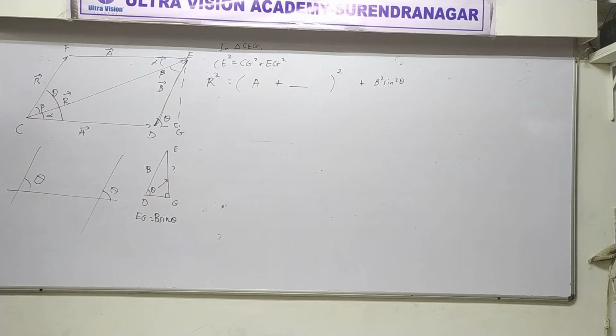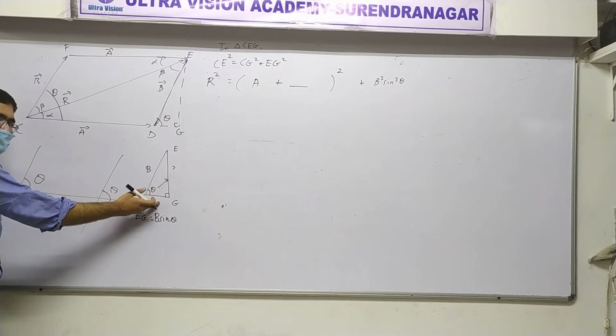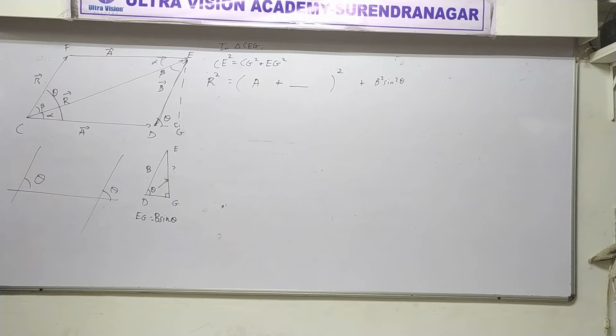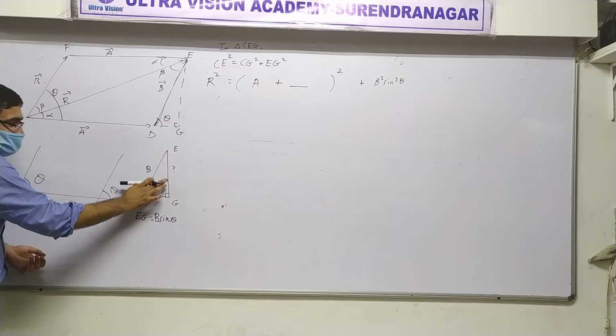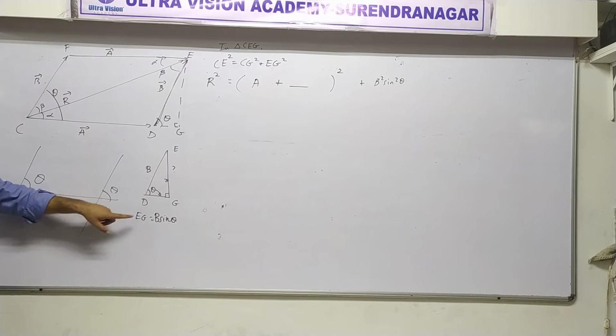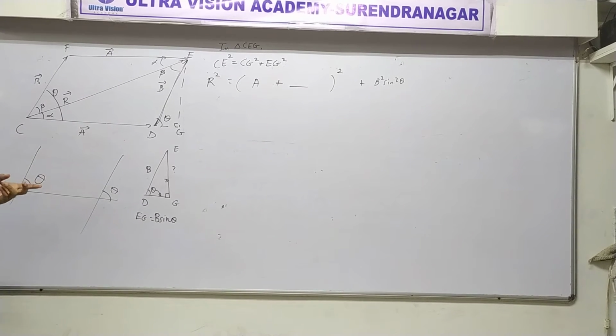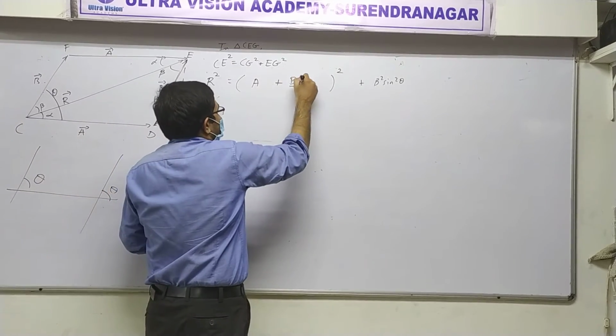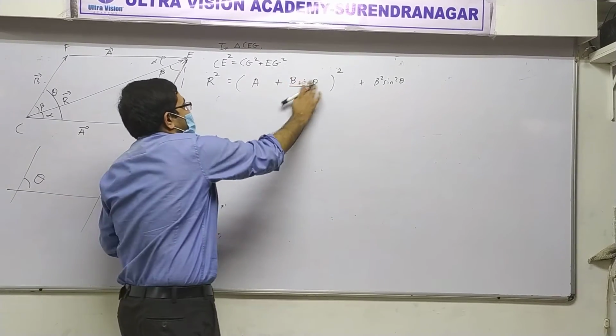DG, but how much is DG? B cos theta. Come back to this triangle. We want to find DG. B cos theta. How much is BG? B cos theta. Yes or no? Yes. This is the adjacent side. Correct or not? Yes. Just like here you did it with sin theta, here you should do it with cos theta. You will get BG is, DG is B sin theta. Is this step complete? Excellent.